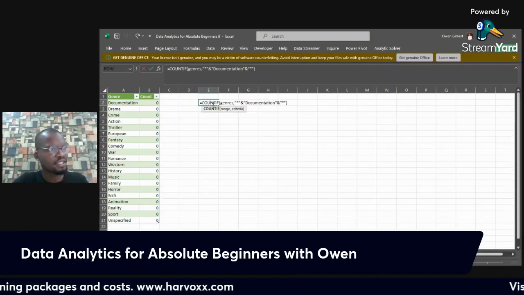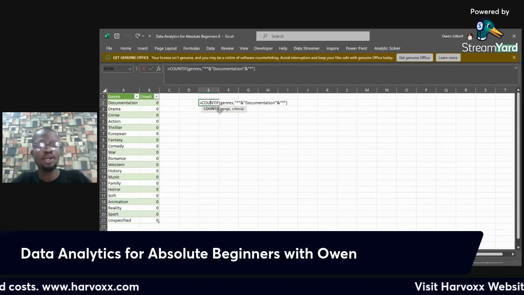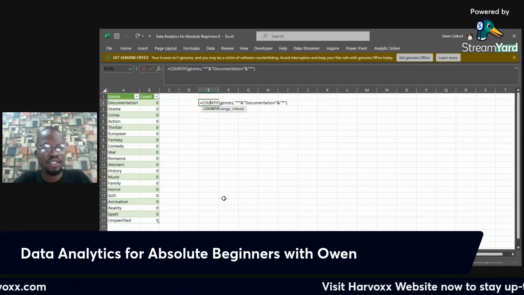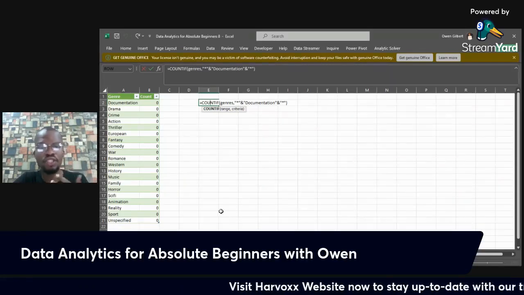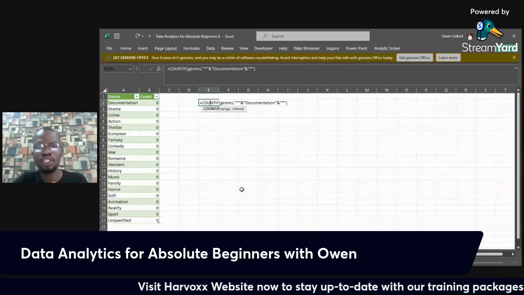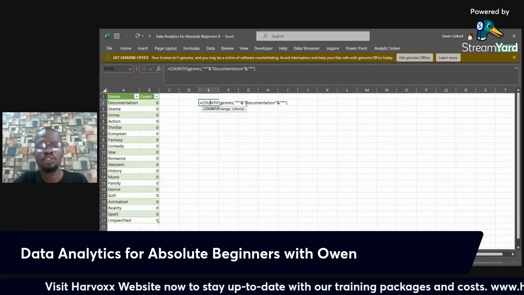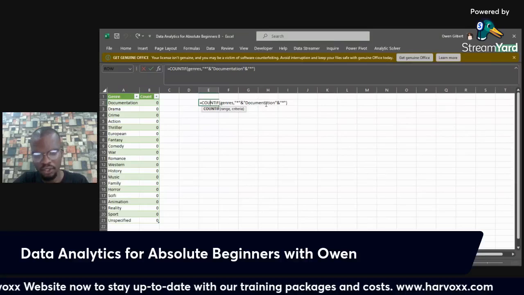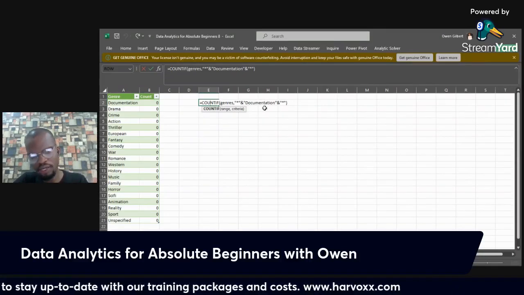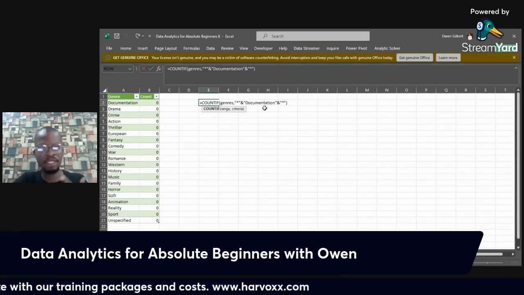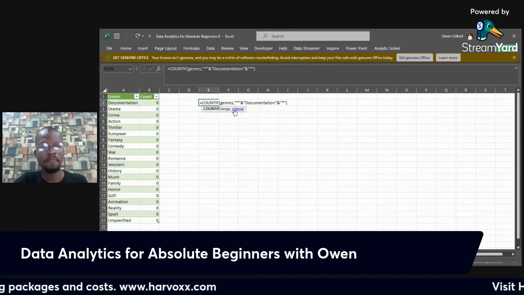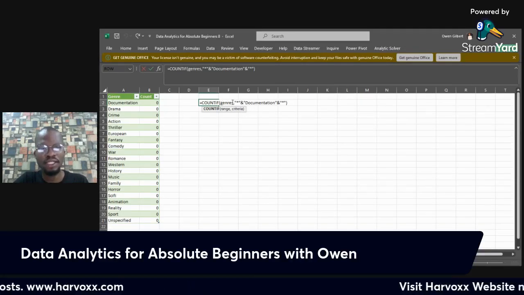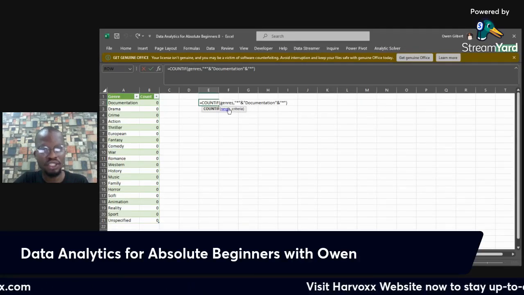Let's go by it again. We are saying that in genres, which is a list of genres for each program, we want to see how many times did we have documentation in the genre. Now we have genres, which is the range.